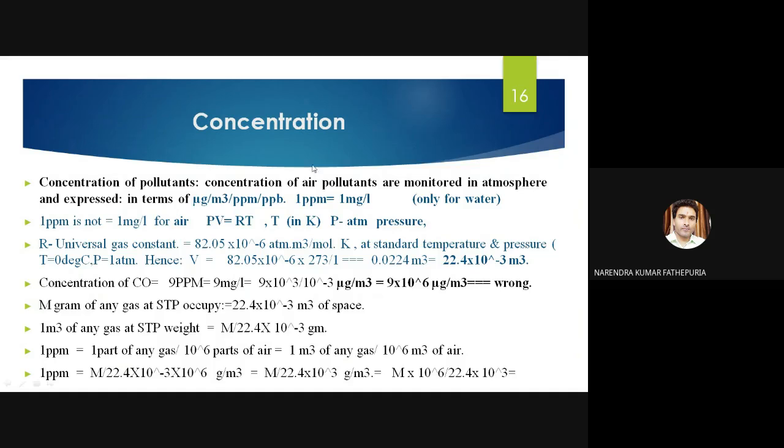So we have a gas law, that is PV equals nRT. T is the temperature in Kelvin, the atmospheric temperature. R is the universal gas constant, which is 82.05. There are four laws for gases, which I will discuss later. 82.05 times 10 to the minus 6, atmosphere times cubic meter per mole times Kelvin, right? So this is the whole unit for the gas constant. At a standard temperature and pressure,